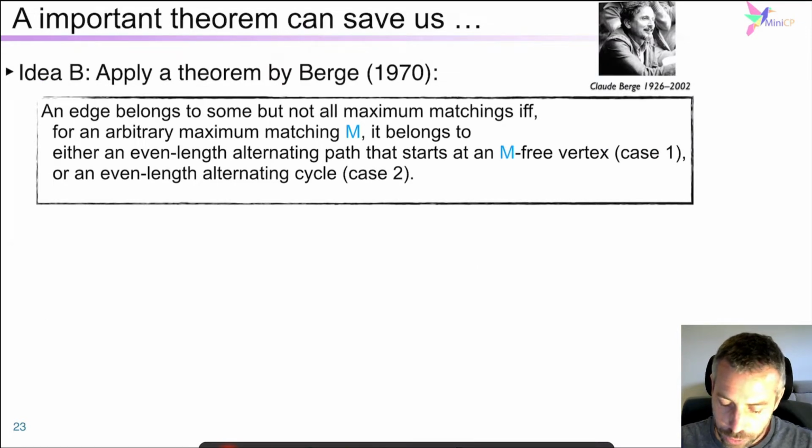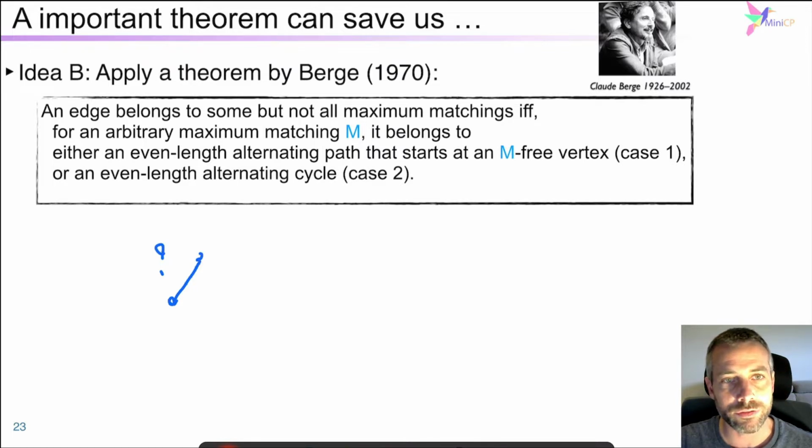Fortunately, there is a French mathematician, Claude Berge, who invented a theorem that can save us a lot of time. This theorem tells us that an edge belongs to some maximum matching if and only if, for an arbitrary maximum matching M, anyone, you consider an edge and ask, does this edge belong to a maximum matching or not? The answer will be yes if there is an even alternating path that starts at an M-free vertex, or there is an alternating path